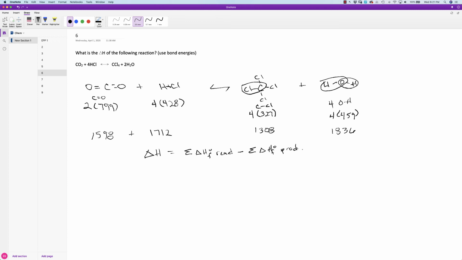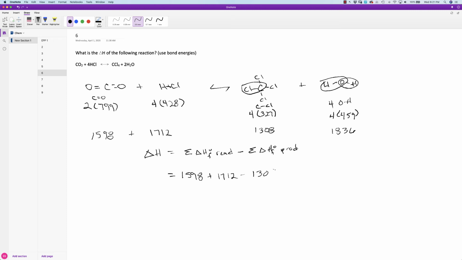I apologize, my handwriting is terrible on here. Hopefully it'll get better. So reactants. We've got 1598 and 1712. Minus